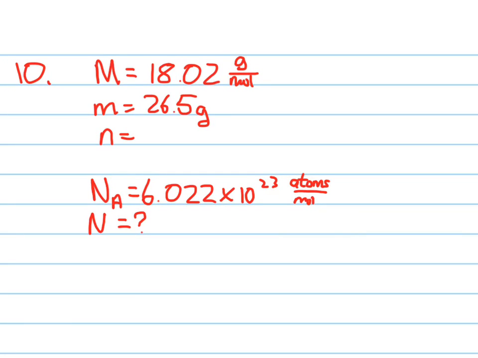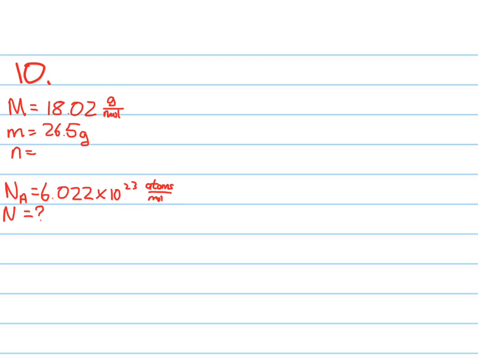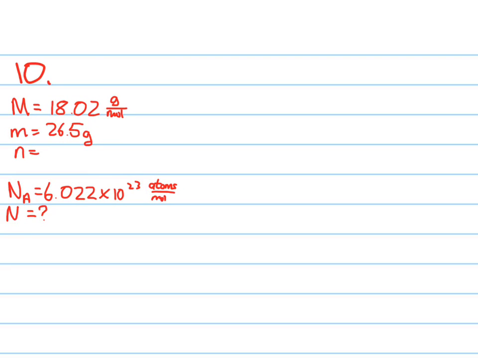Alright, in this question we're asked to figure out the number of hydrogen atoms in 26.5 grams of water. By now you should be saying to yourself, hey self, I am going to have to figure out the number of moles before I can figure out anything else. So I'm just going to shrink up my data over there. In order to figure out the number of moles, of course we take our 26.5 grams and we divide it by our 18.02 grams per mole, and we end up with